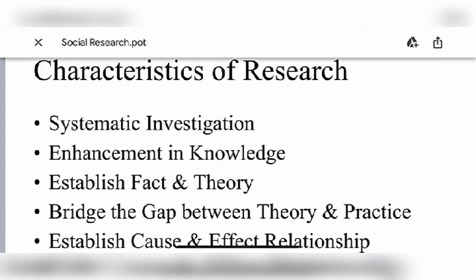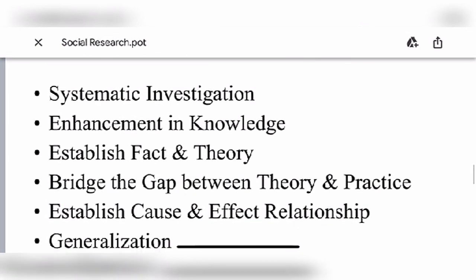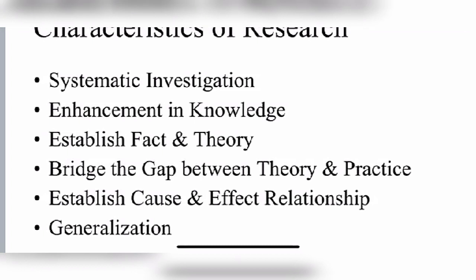When we discuss the characteristics of social research, we must understand that social research is based on scientific method. It is a systematic, rational approach to seeking fact. It is objective, precise, and arrives at conclusions on the basis of verifiable evidences. Hence, research is systematic and logical study of an issue, problem or phenomena through scientific method.